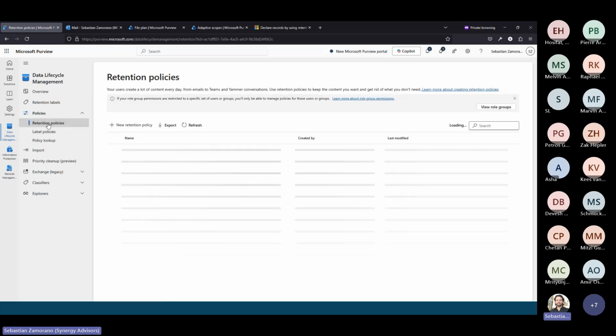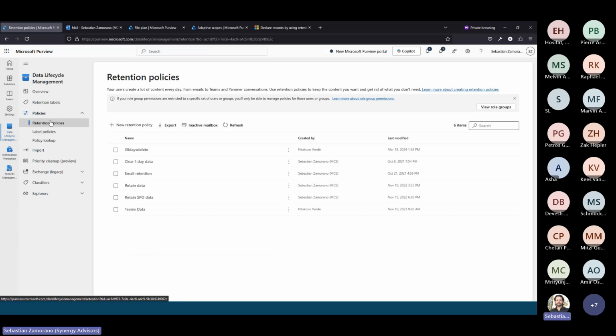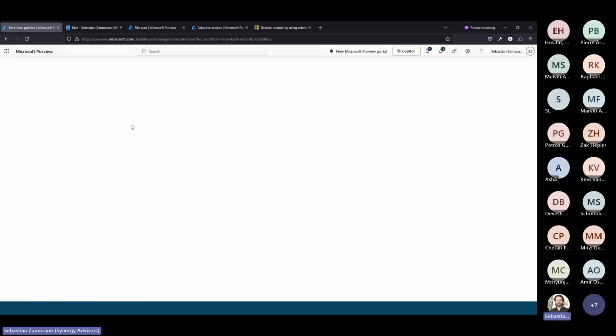Let's come into this one. This is retention policies. When we set a retention policy,